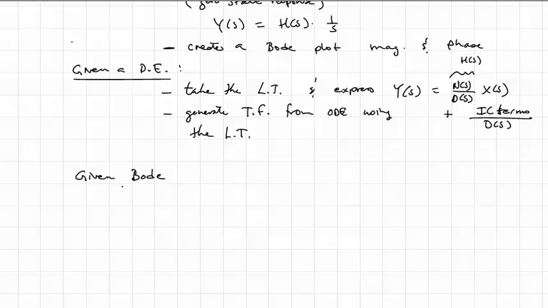Okay, now if you were given a Bode plot, you should be able to do these things. You should be able to generate a transfer function, and you should be able to generate a pole zero plot. Okay, and then if you're given